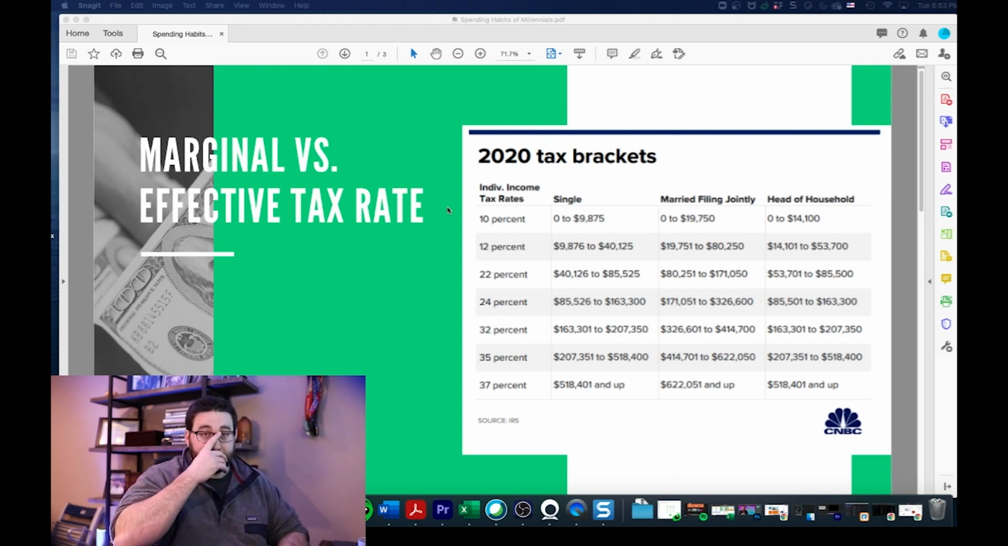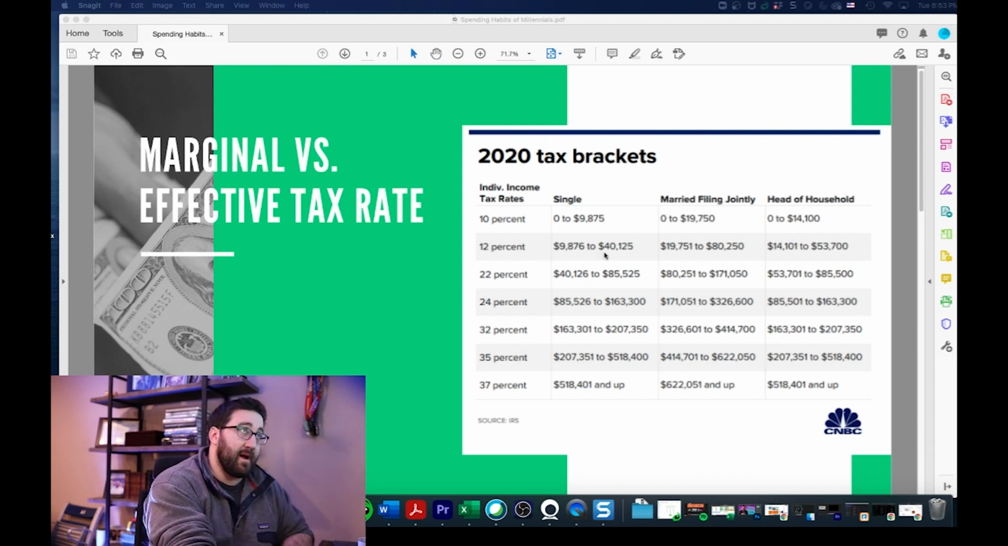So for example, as we see here, this is the 2020 tax bracket. So if you make $0 to $9,000 as a single person, then you're going to pay 10% on that income. If you are married filing jointly, meaning you and a spouse, you're going to pay 10% on $0 to $19,000 of income, which makes sense because you're basically just doubling it. So then if you make between $9,000 to $40,000, on that $9,000 to $40,000, you step